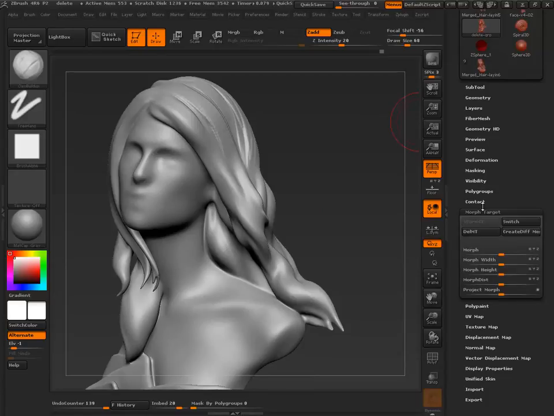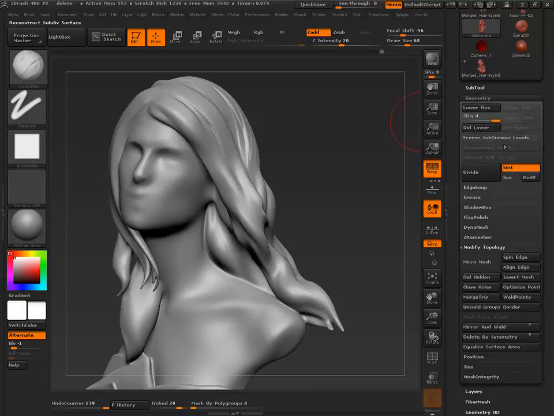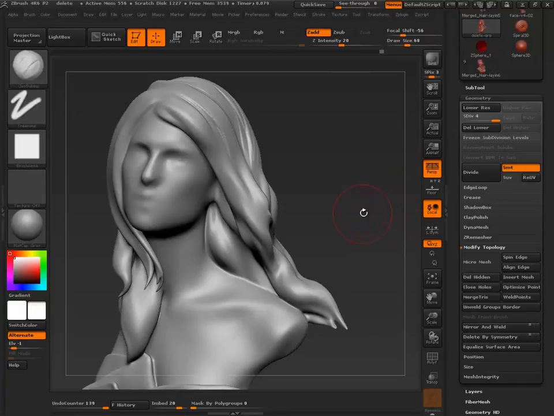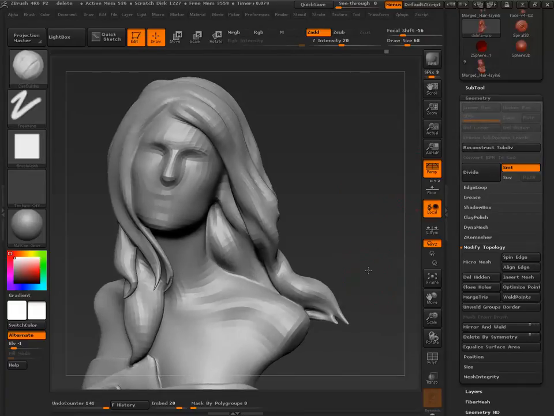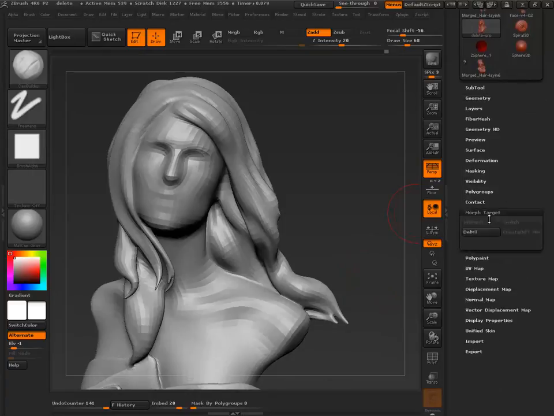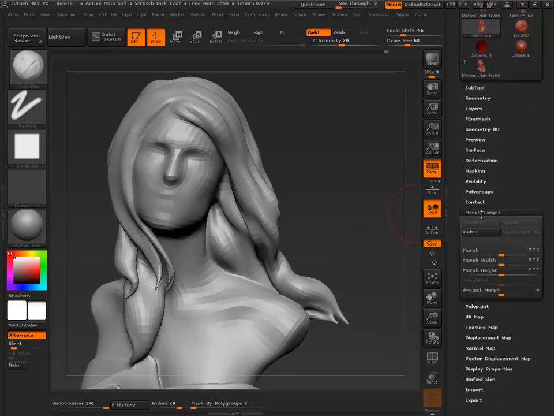To do something, I don't know what. You can store a morph target of that high res, delete your resolution levels. You can even go down to the lowest resolution levels, delete higher, right? And notice that that morph target is still there.